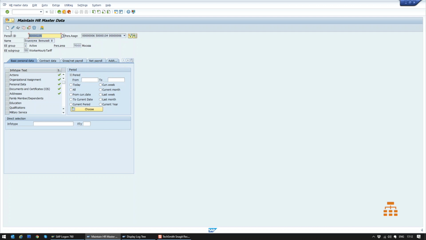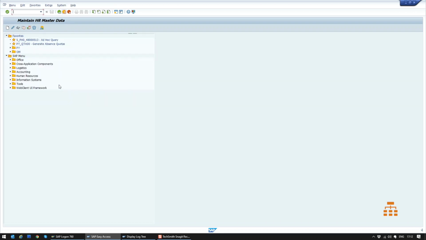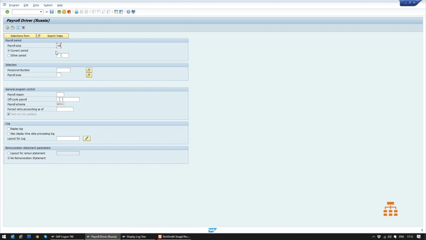Let's say we have the same employee number, and we have info type number 27, which refers us to the cost distributions. We want to distribute 40% of all costs to cost center ZZZ. We have it here. We go back, we go to the payroll simulation run, we select the same employee. Let's go to other period, it would be 2019, number 6, and we want to display log. We ran it,